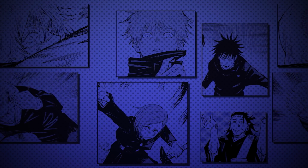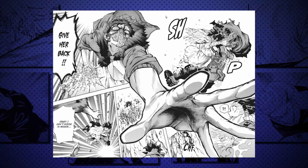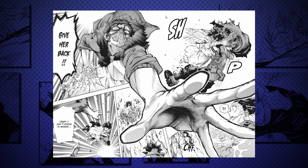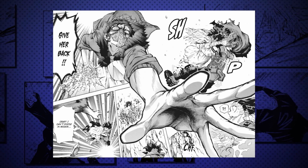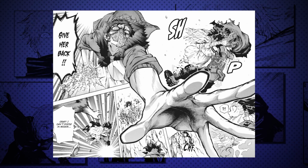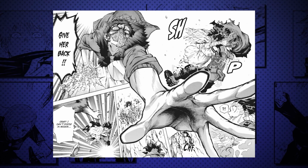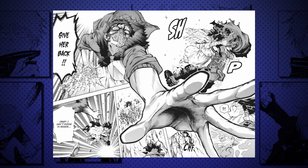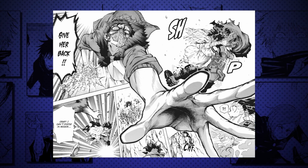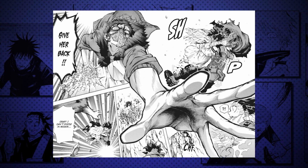In a previous video, we looked at paneling in My Hero Academia, which is by all intents and purposes a good show to start that with because it does a little bit of everything. It has a big variety of paneling techniques without over-focusing on any one of them. Whether you've watched that video or this is your first one doesn't really matter because today we're doing something a little different. Today I want to focus on a series that has a bit more of a defined approach to paneling, a bit more of a preference as to what it likes to do with it, and that series is